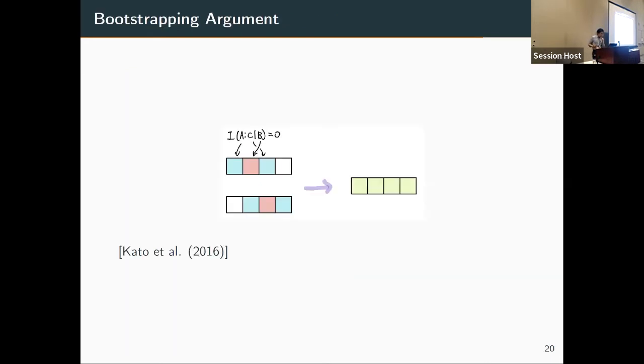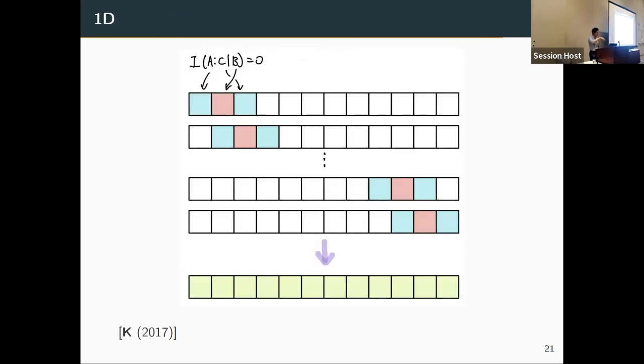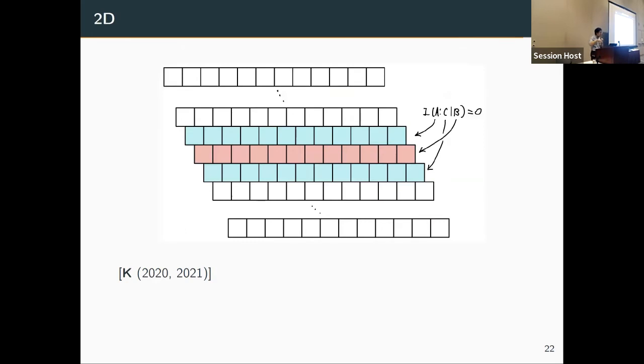So I won't have much time to talk about the details of the proof, but I just want to show you some pictures on how I think about this. The lemma that I showed in the previous slide can be thought of as the following. You have these two Markov chains that satisfy the condition mutual information equal to 0, and you can somehow combine them to get this 4-partite state. And you can probably imagine that if you have a sequence of quantum Markov chains arranged on a single line, you can imagine merging them all together to form a one-dimensional quantum many-body state. And in 2D, you're doing something similar, except something is a bit more complicated.